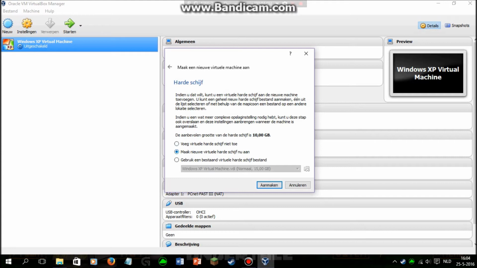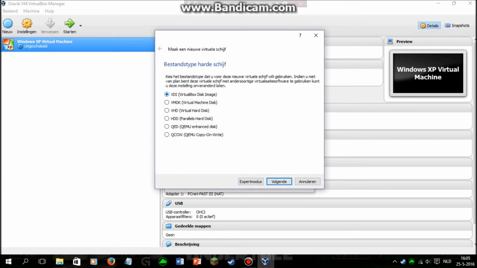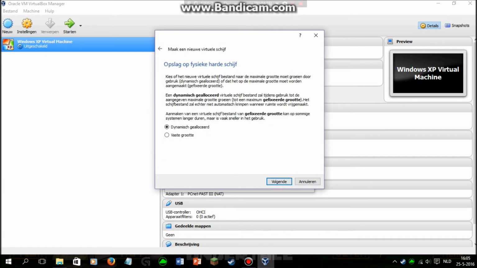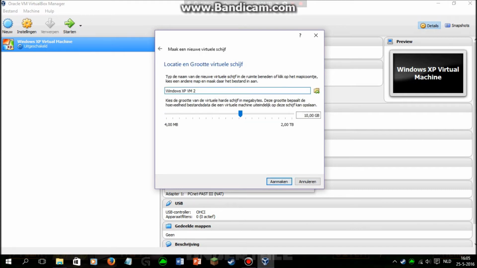First off, you want to choose the middle option, right? Make a new virtual hard drive, okay? And then we're going to press on make. Just choose the first one, dynamically allocate it, and now we want to